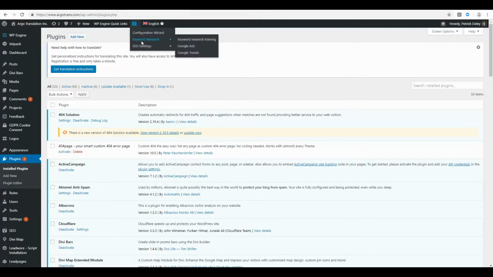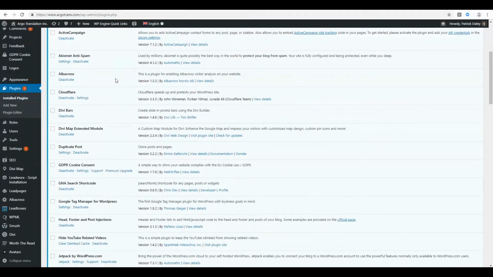And then we're going to visit the Argo Translation WordPress instance to show you how you would then install those plugins. So since the Argo site has already been translated, these have already been installed, but what you would do as a user is go to Add New in the Plugins menu, and then the 4 that you'll get as